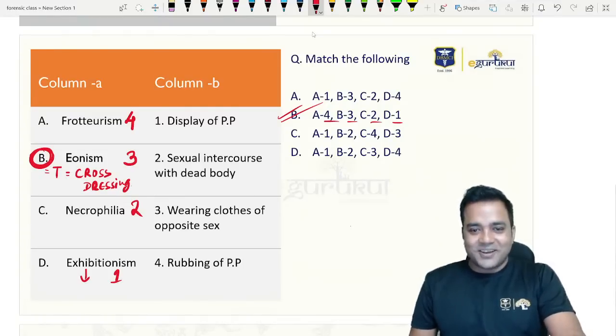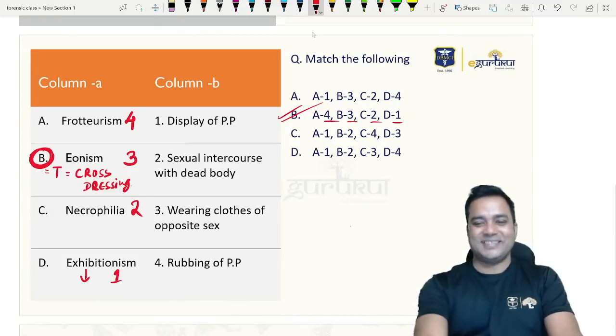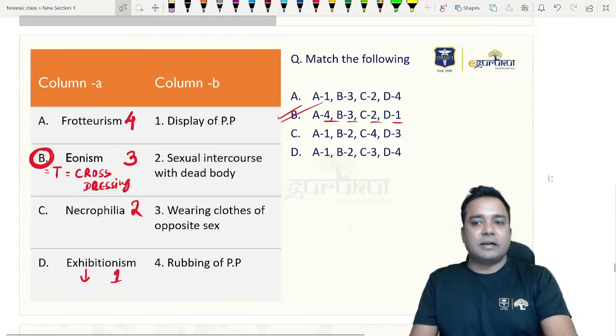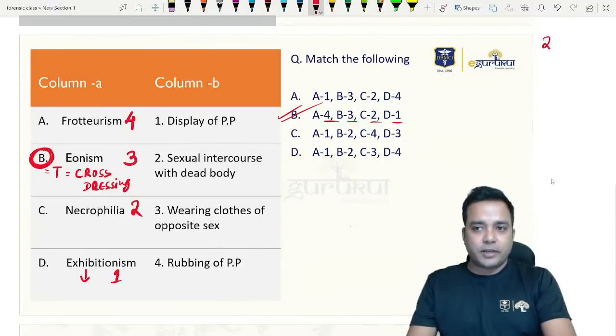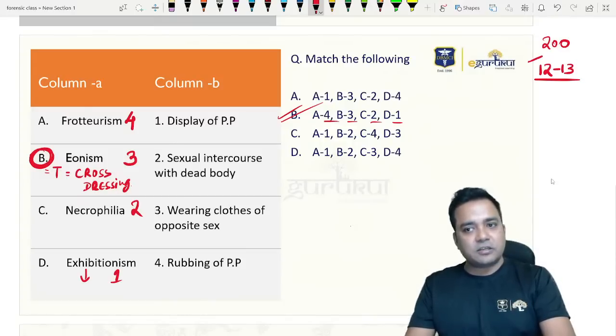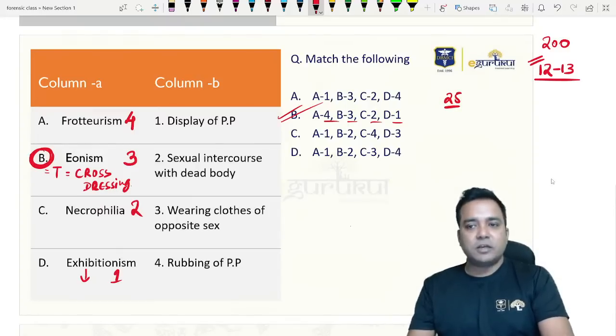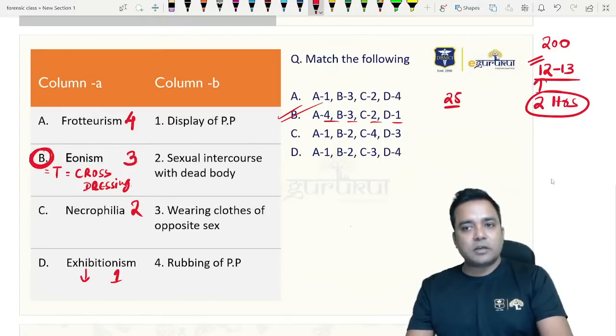So how was the FM paper? It was good, wasn't it? But yes, we need to cover this subject nicely. Now you have seen the importance of the subject. Out of 200 MCQs, you got about 12 MCQs in each session, 12 to 13. In the first session 13, in the second session 12. So around 25 MCQs. So you need to cover the subject completely, and it is a very good subject. You revise the complete subject in 2 to 3 hours and your 12 marks are not gone anywhere.